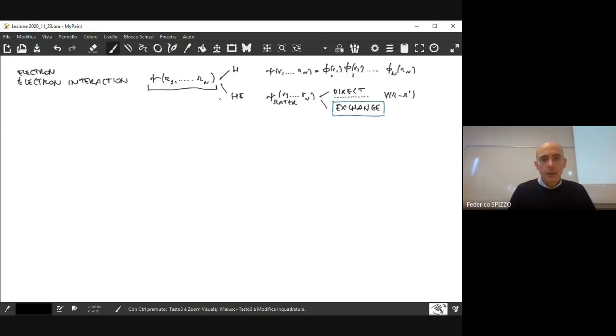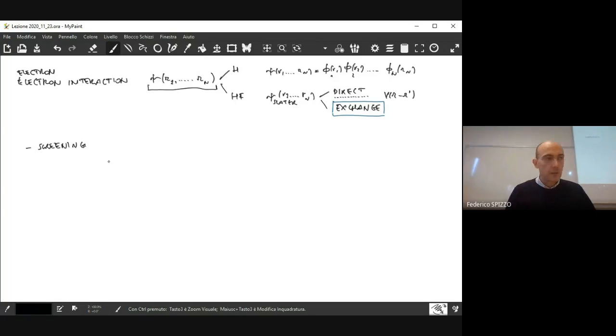So one side of the electron-electron interaction is a modification of the equations, in particular of the Hamiltonian and of the global wave function of the system, to consider the fact that now the electrons feel the effect of all the other electrons. But another side of the electron-electron interaction is the screening effect, where screening means the fact that